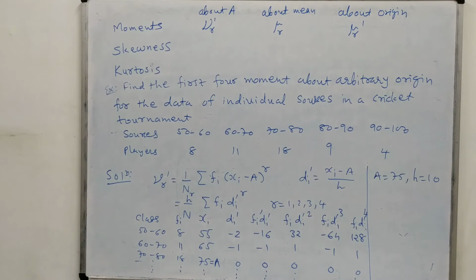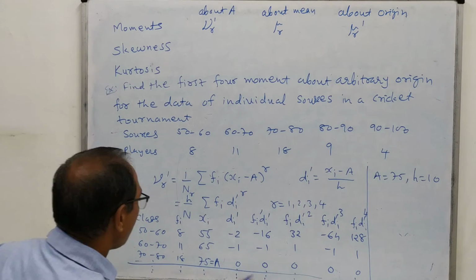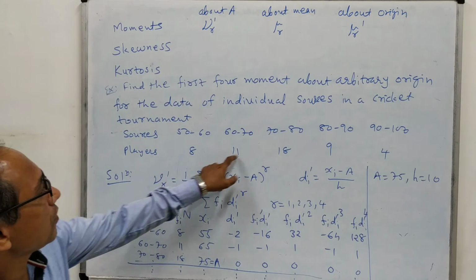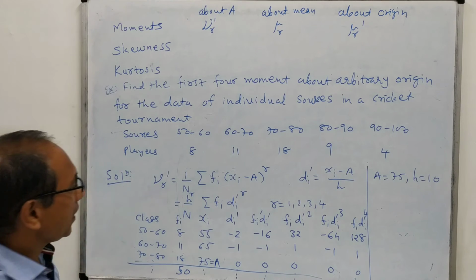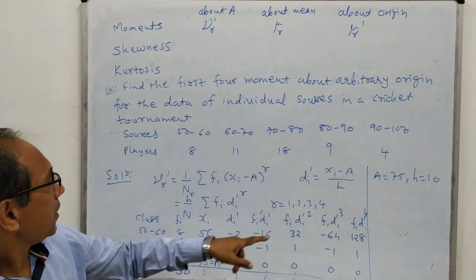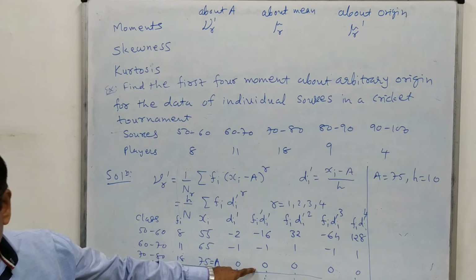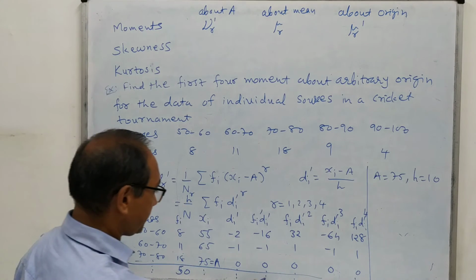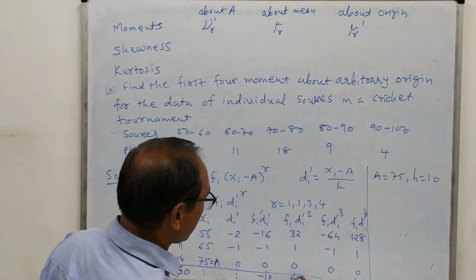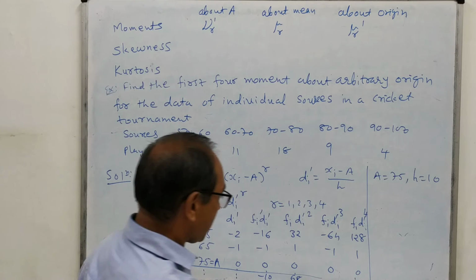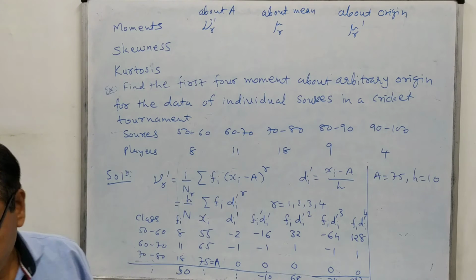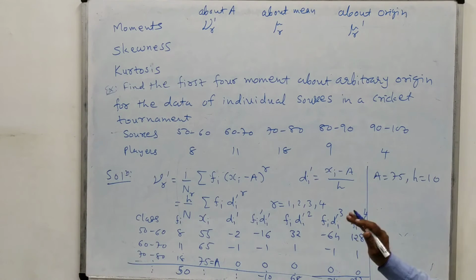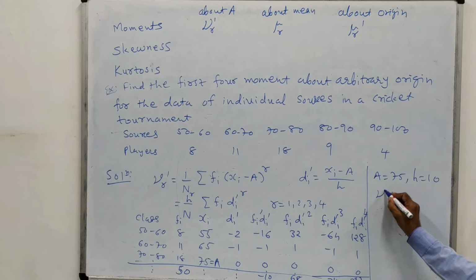You can find yourself. Then we will have to find out their totals. What do we require here in total? In total we will require sigma fi. Sigma fi means the total of all these numbers which you have written in the table, and it is nothing but 50. Then we will require fi di dash. So its total will be minus 10. It is 68. It is minus 34, and it is 212. Okay. So now after finding all these values, we will find out mu1 dash.